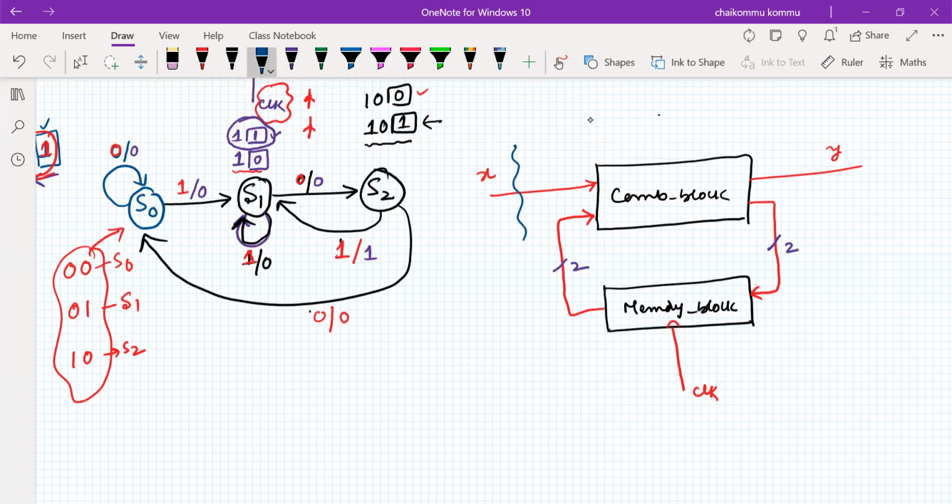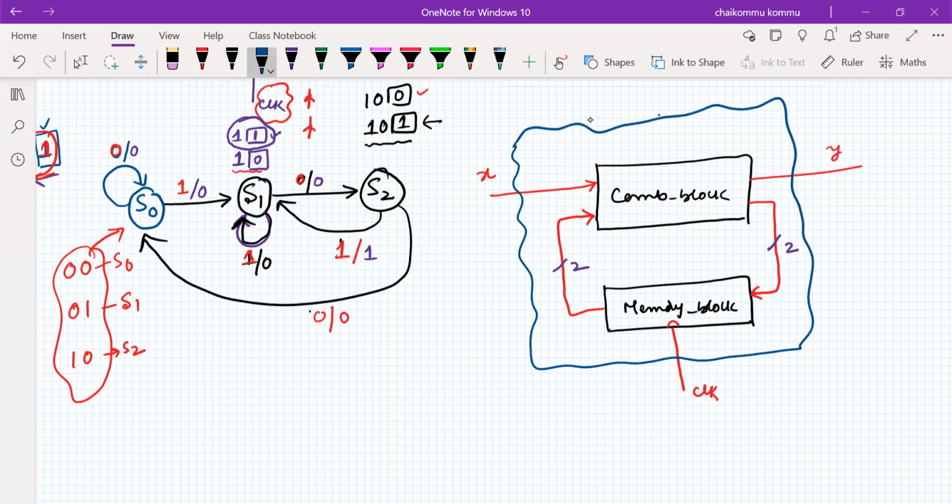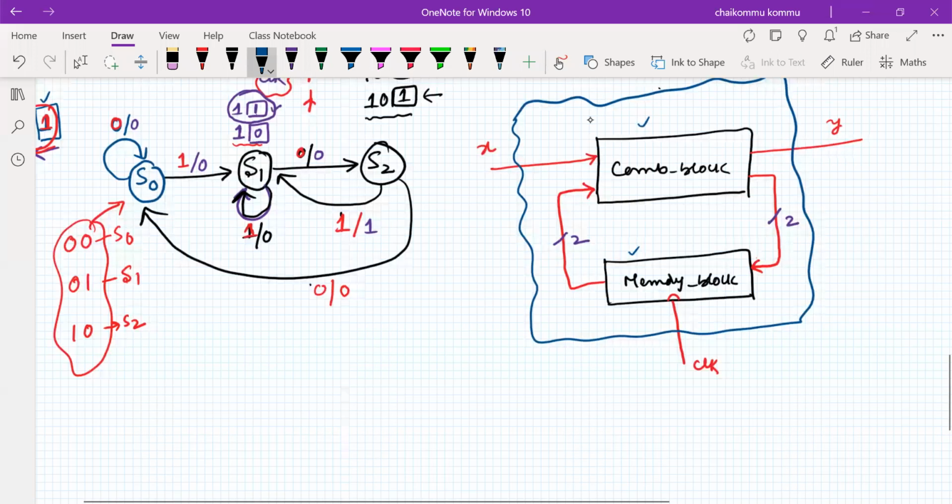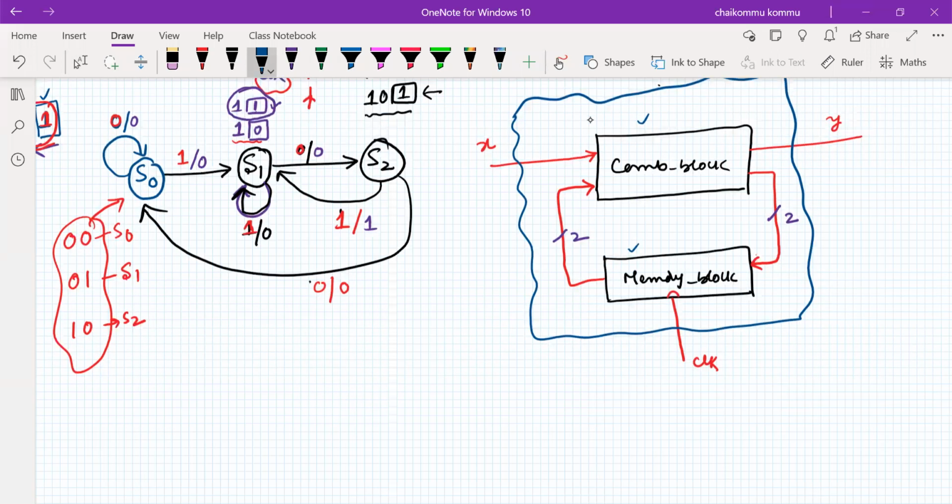Now this is your block diagram. So now we have 2 blocks, block 1 and block 2. We need to write a Verilog program for this one. Take one particular block for this one, take one particular block for this one. So what do we do here? Simply, what is the concept of the memory block? Whenever we have a clock signal, the information here should go there, that's all. That's what we can do.